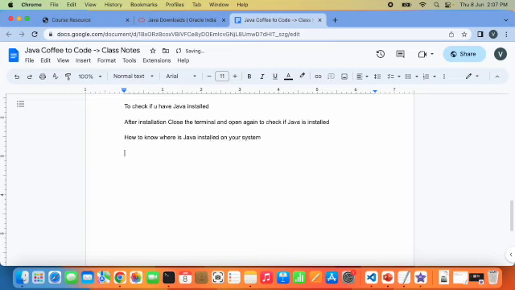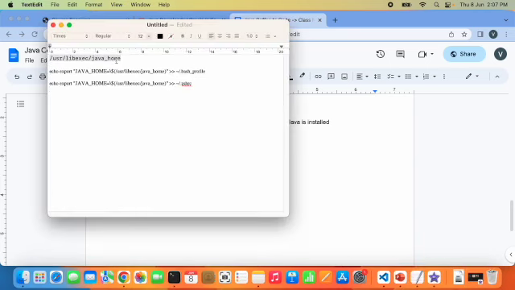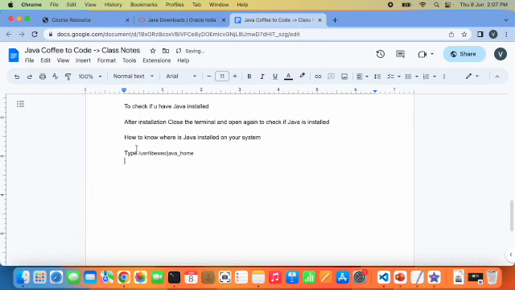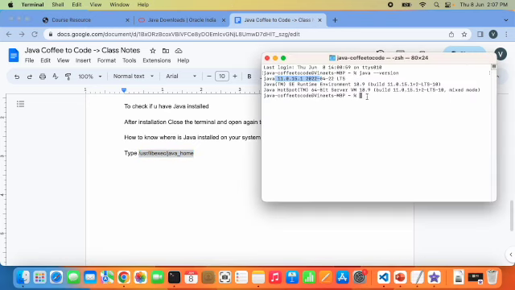To know that, you have to type this mantra here, a long list of commands. If you use this line, /usr/libexec/java_home, this is going to tell you where Java is installed on your system. For my system, and it should be the same for you too, it is installed at this place. If I copy this whole command,